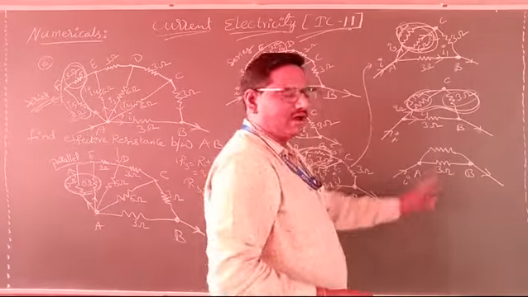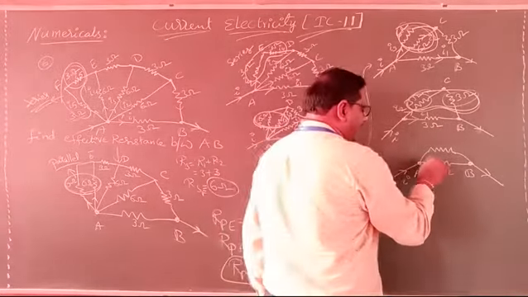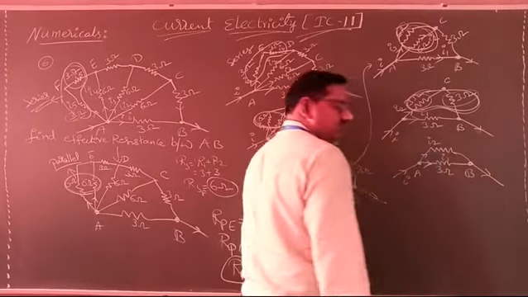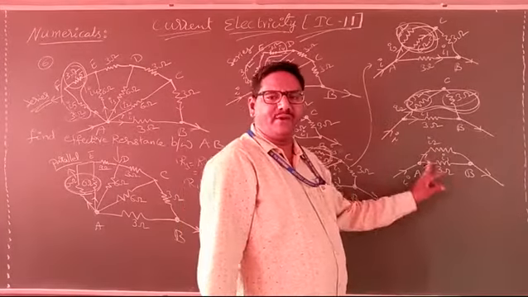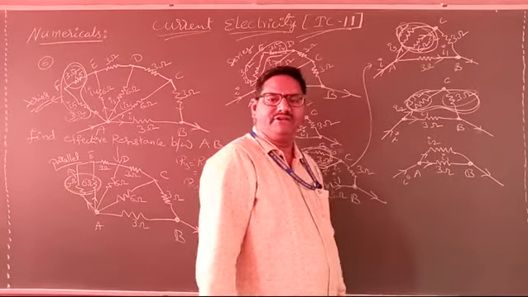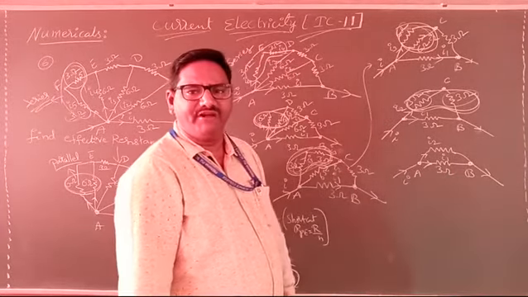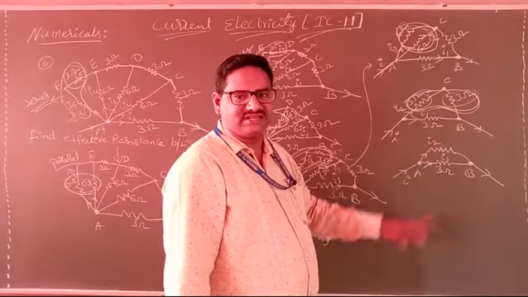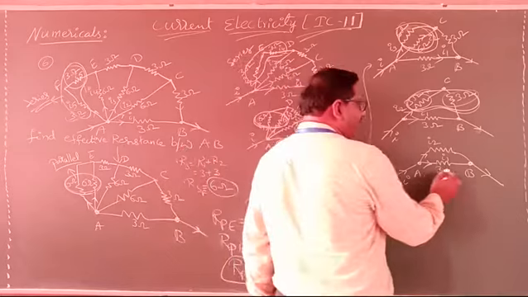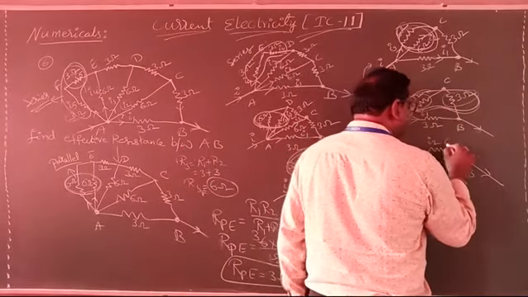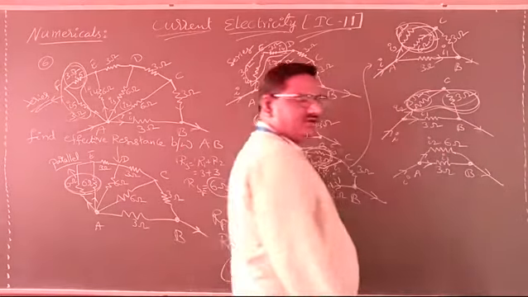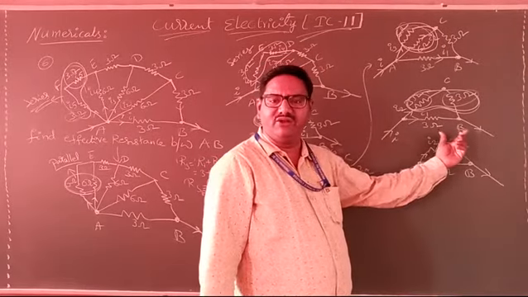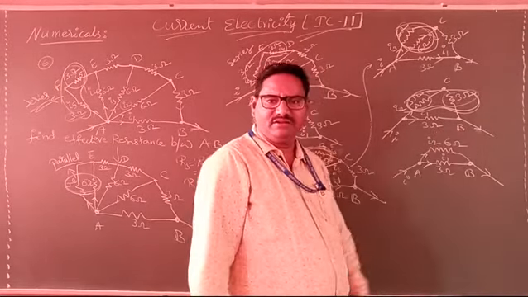Now these two, is it series or parallel? Here current as I1 and here current as I2. Will the current split at A point or not? At A point, it will split. Then it will be treated as parallel but with different resistances. See that? Here 3 ohms, effective will become 6 ohms. Here 3 ohms, here effective will become 6 ohms. Here only it will change a little.